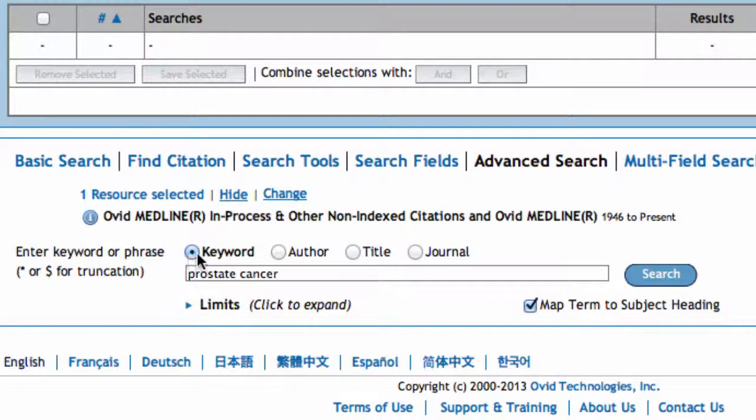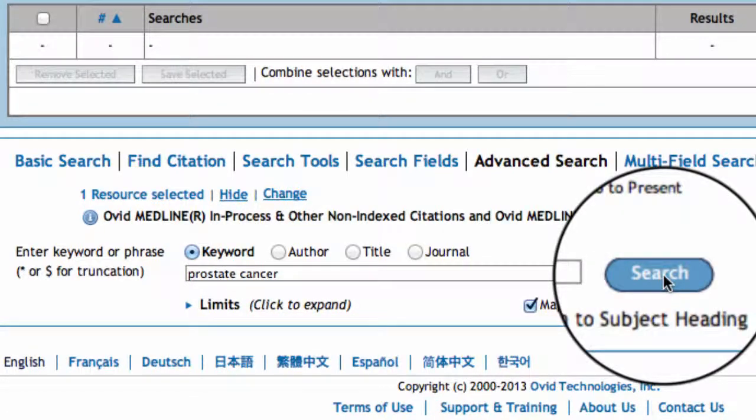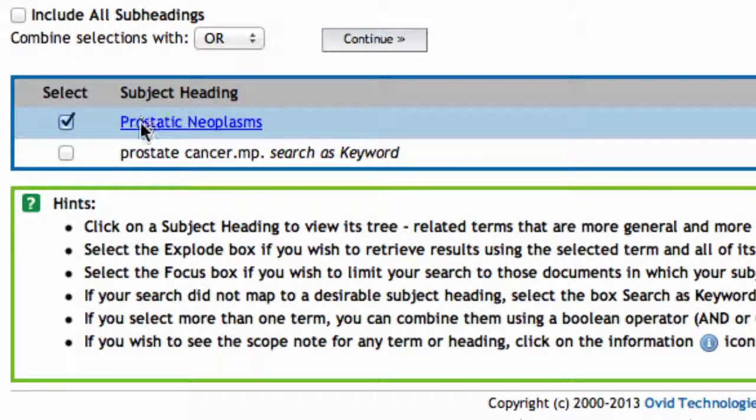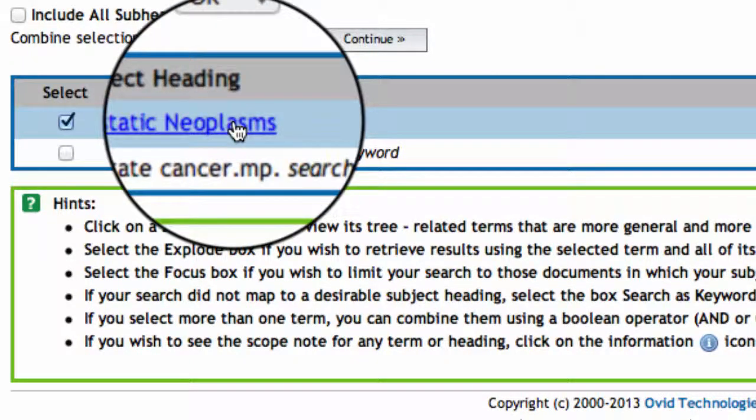What happens is, if I do a keyword search and I type in my terms, prostate cancer, and click search, Ovid will return to me suggested or recommended subject headings, or mesh terms in the case of Medline. Here it's suggesting prostatic neoplasms. If I click on that term,